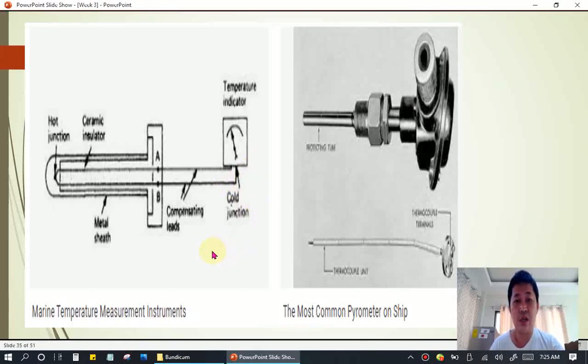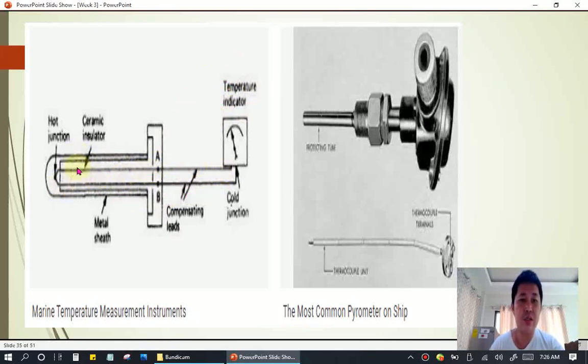The thermometer and the sensor is mounted to the individual exhaust pipe, and it is wired. The thermometer is mounted 1 meter or 2 meters away from your exhaust pipe, but it's wired. So that is also a local thermometer. So that is a temperature indicator. It sends signals to the sensor. When the housing is heated, the sensor inside the housing is also heated, and it sends signals to read the temperature through your temperature indicator.